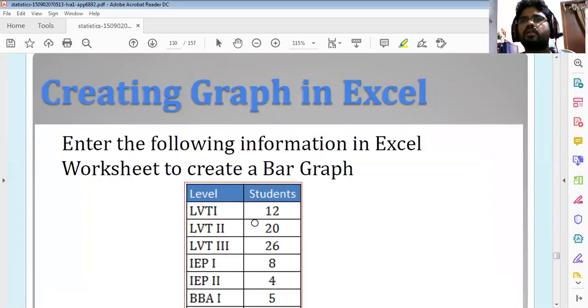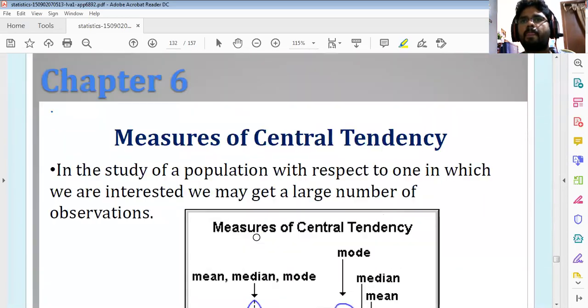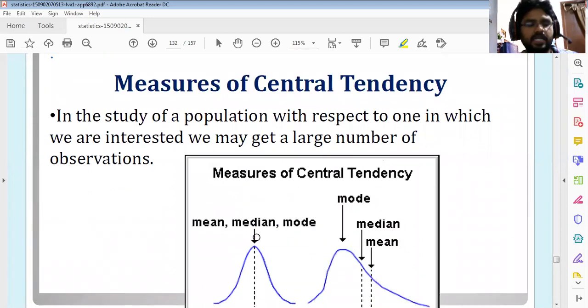Say a food expenditure of 10,000 rupees, an alcohol expenditure of 500 rupees, and all other expenditure of 200. Like this, you will get it. If you want to change the colors also, there are so many different colors available in Excel. It depends on which MS Office you are using, whether 2010 or 2007. Okay, you will get it. This is the worksheet, and is it clear now how we can represent the data in the different forms?